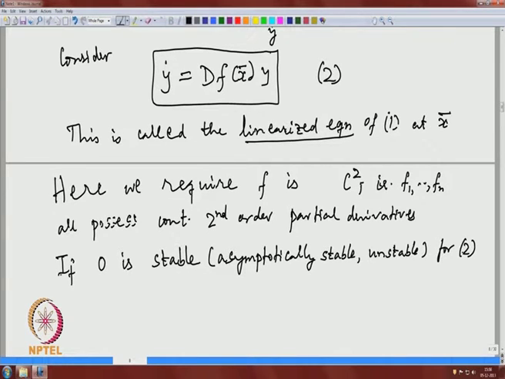Now, you consider the linear system 2 and decide. So, 0 is an equilibrium point for system 2. So, if 0 is stable or asymptotically stable or unstable for 2,